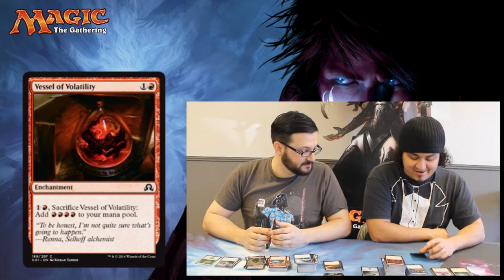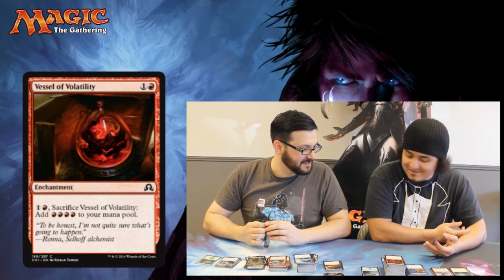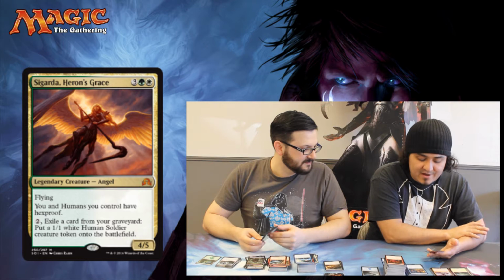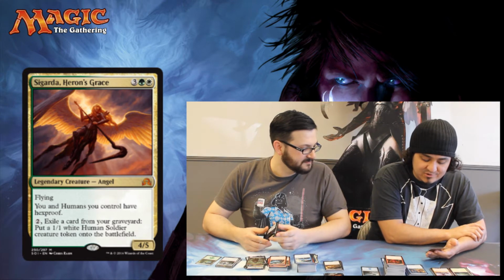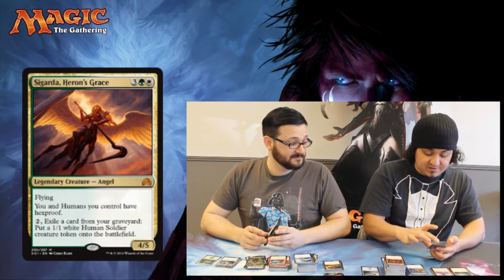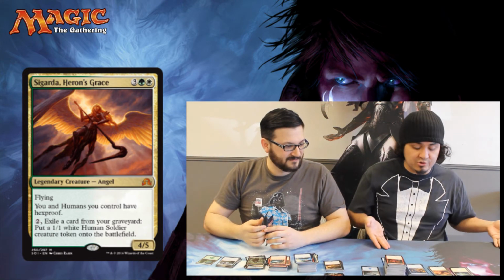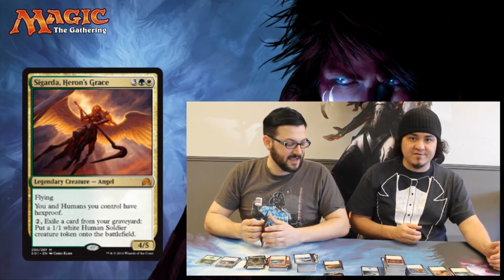But yet another mythic that we have pulled. I think this is 5 now, something like that. Awesome. But Sigarda, Heron's Grace. Flying, you and Humans you control have hexproof. 2, colorless, exile target card from your graveyard, put a 1/1 white Human Soldier creature token onto the battlefield. So just a 4/5 flyer for 5 is great, especially when you're giving yourself hexproof as well as all the Humans you control hexproof. But then being able to put more Human tokens on the battlefield, we were talking about token